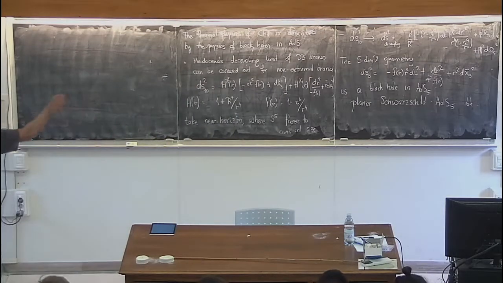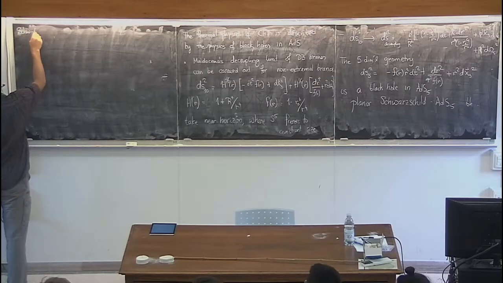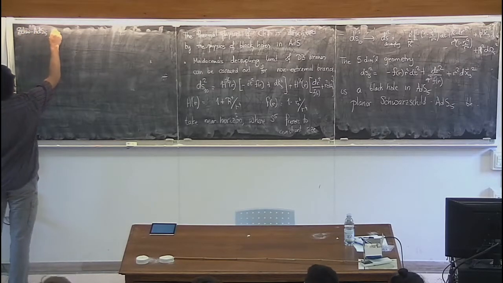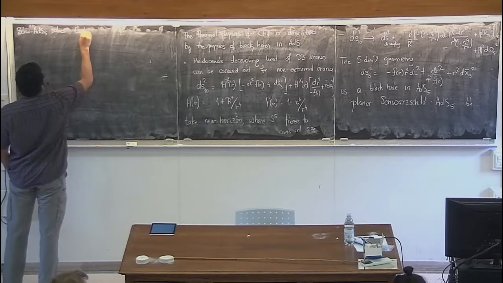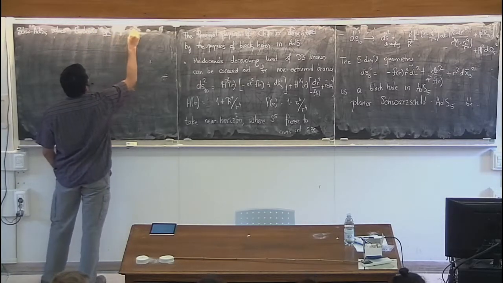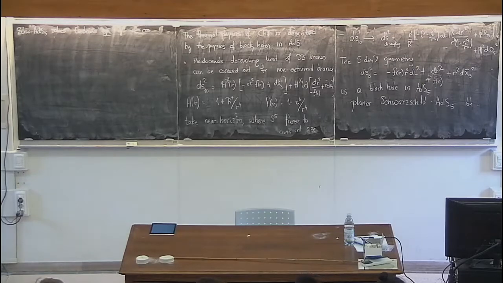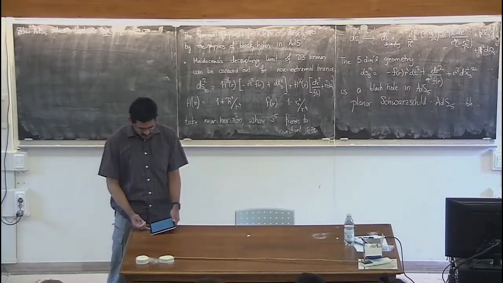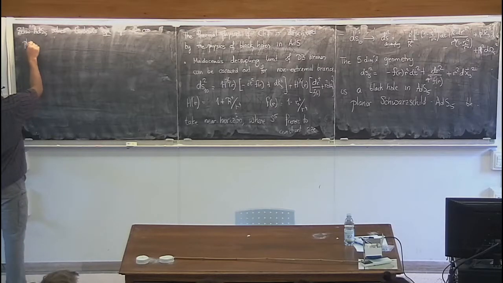Okay, so that solution, the 5-dimensional metric, I'll call the Schwarzschild AdS5 solution. It solves Einstein's equations with negative cosmological constant. So it's just an excited geometry in this sense, and we can work out various properties of this solution which are useful for us. I'm calling it planar because